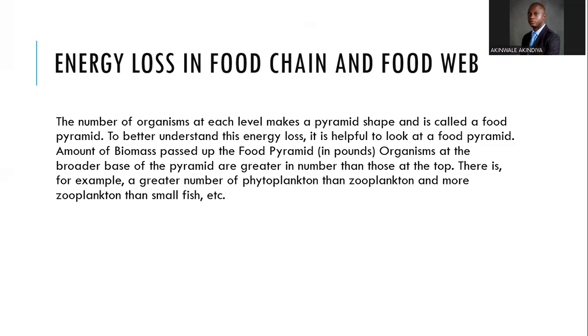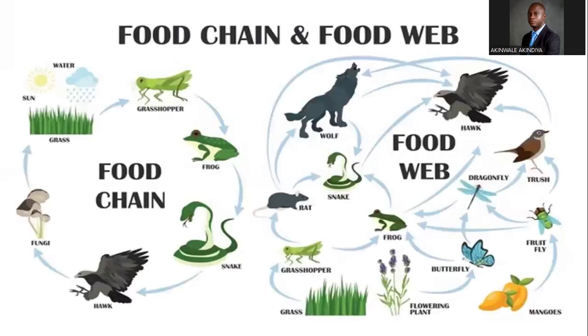So if you look at it, you have a food chain here. You have the grass, which can photosynthesize from the sun, and you have grasshoppers feeding on the grass. You have frog feeding on the grasshoppers, snake feeding on the frog, and the hawk feeding on the snake. And when the hawk dies, the fungi help to decompose